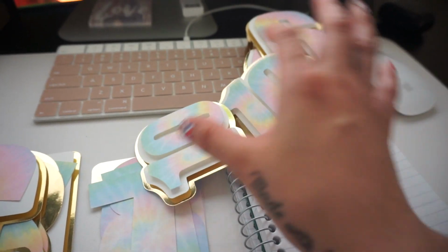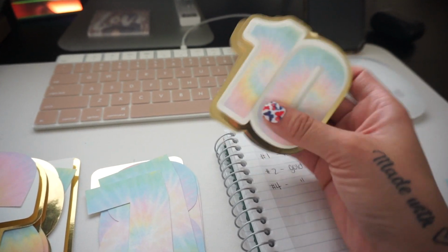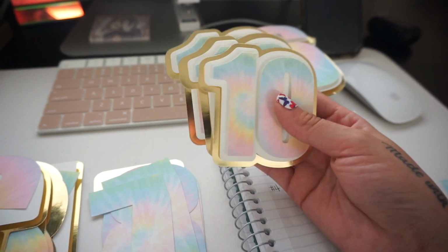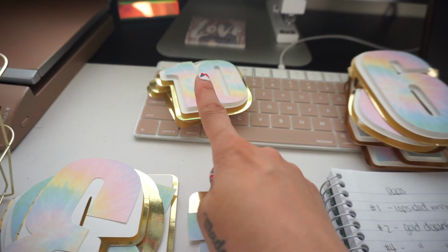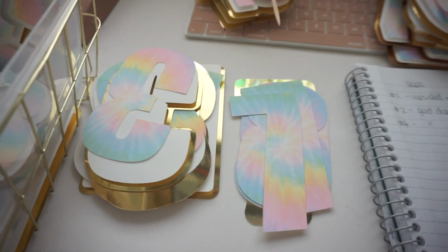I will find something else for these 5. And then these, since they're off-centered, I'll just send them in packages. If anybody orders a number 10, I'll just add a cupcake topper stick, and then I'll send these out, so that way these won't be going to waste. And then these 5, I'll just figure out what I can do with them. So since this is not gonna work out,